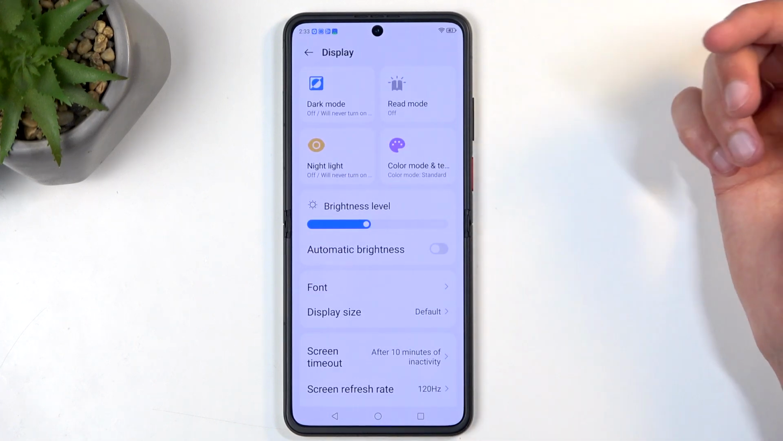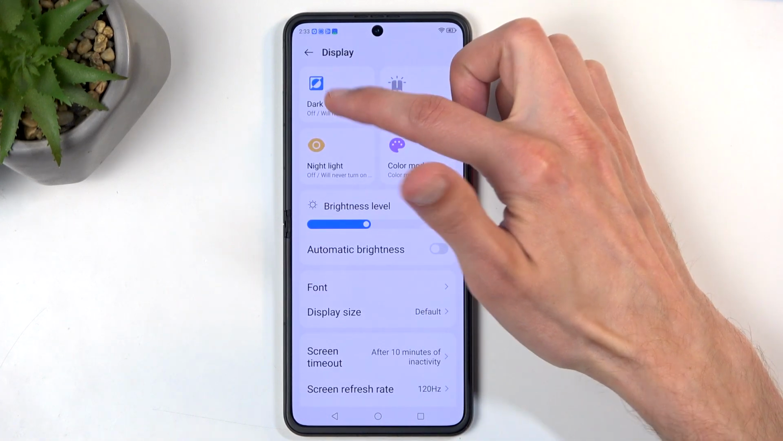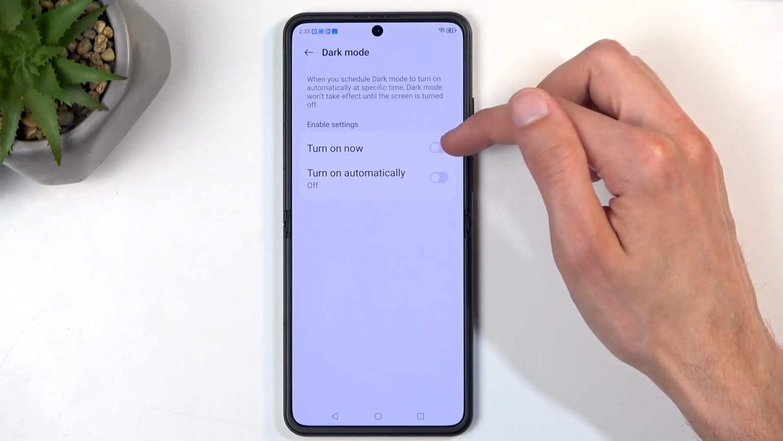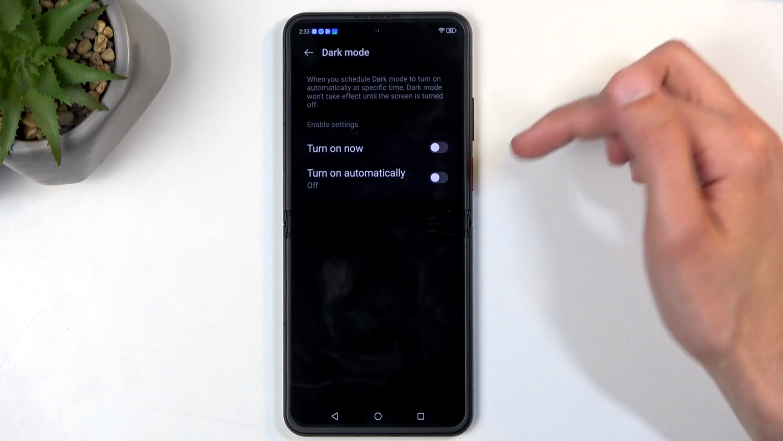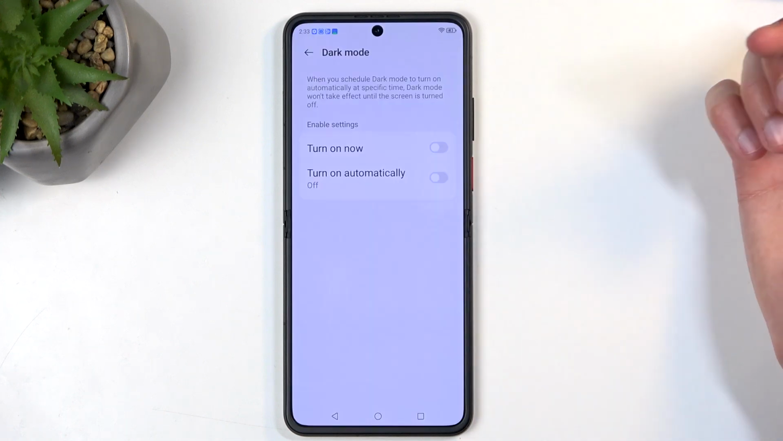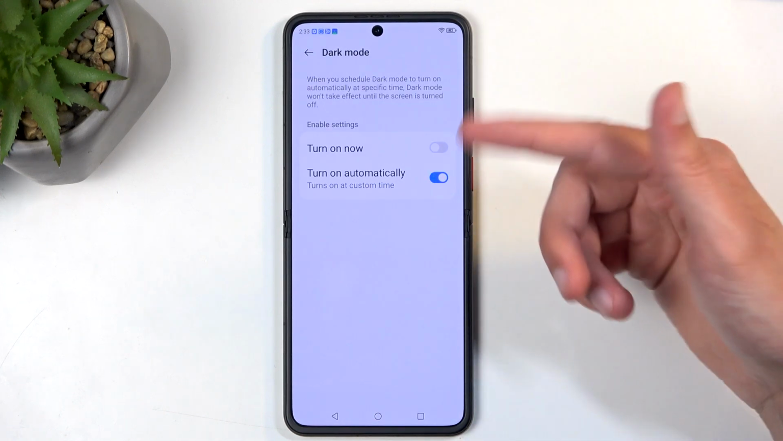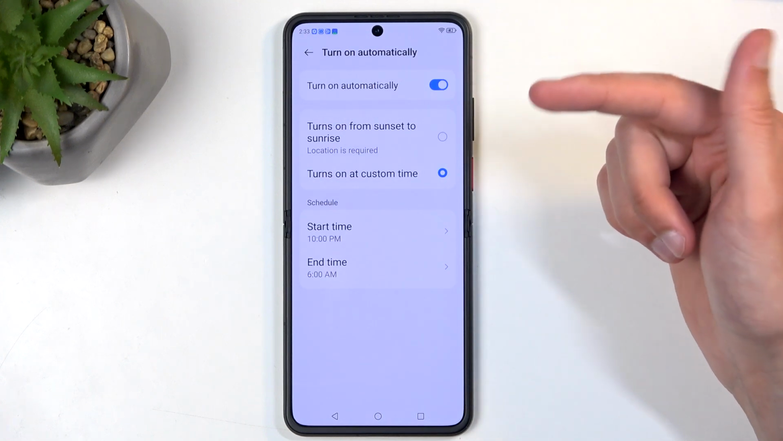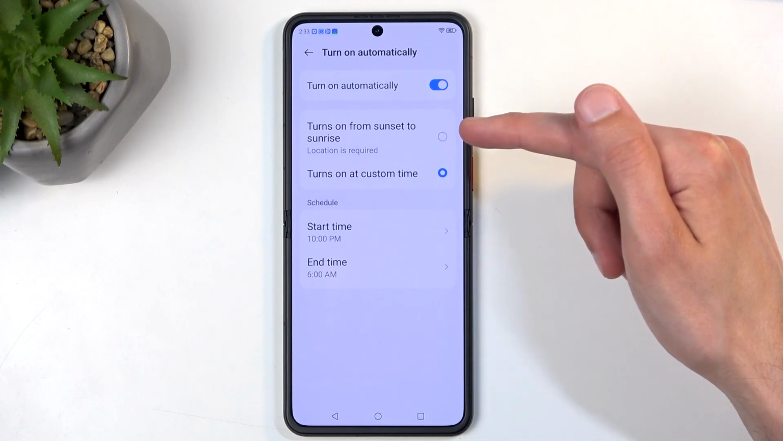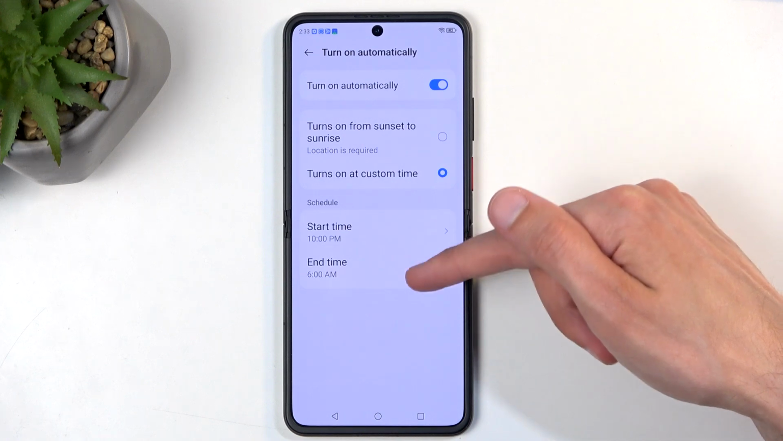And here we have some simple things like the dark mode, which you can enable right here, and you have either turn on or turn on automatically. The turn on automatically option will allow you to choose either from sunset to sunrise or on a custom timer. There we go, sunset to sunrise, then we have the custom timer, and you can set start and end